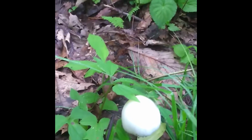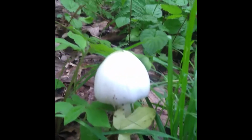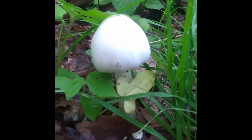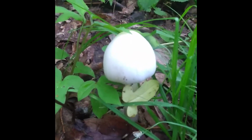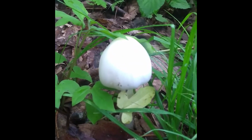Amanitas contain some edible mushrooms, but they're best known for some of the extremely poisonous species. One of which is the Destroying Angel, which is an all-white amanita like this one. I'm not sure if this is actually the Destroying Angel or not, but I'm not going to take any chances with it. We also have the Death Cap around here, and either one of those can kill a person quite